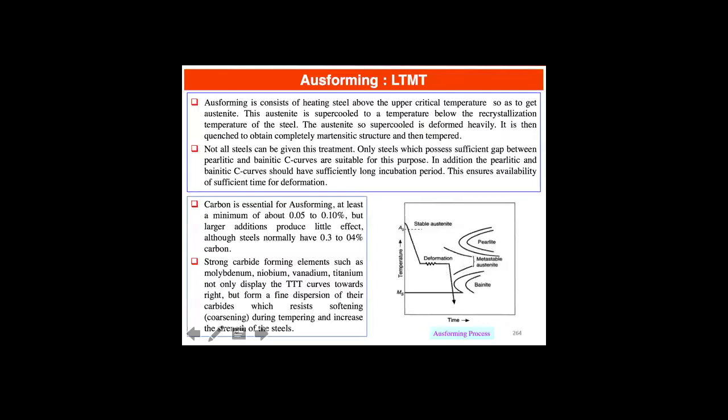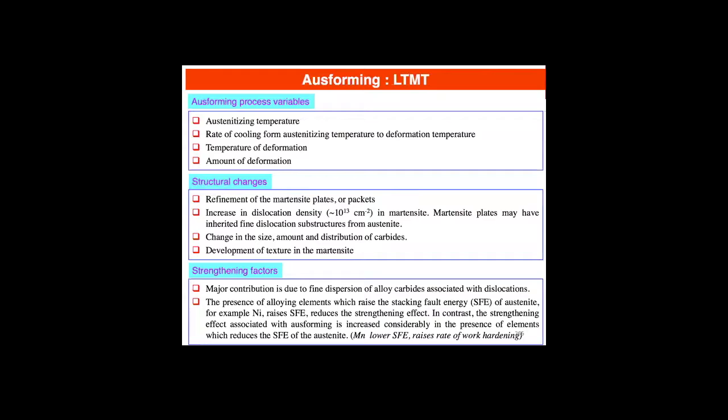And again, our same actors, niobium, vanadium, titanium, right? Remember the effect of these elements on the TTT diagram is to shift this off to the right, to give us a better time window in which we can do this, right? And then we also get the fine dispersion of the carbides that form from these elements, right? So ausforming becomes a really important process for very demanding structural